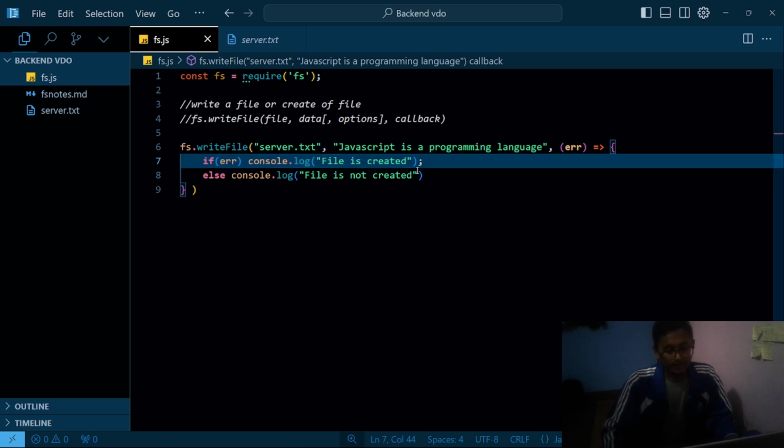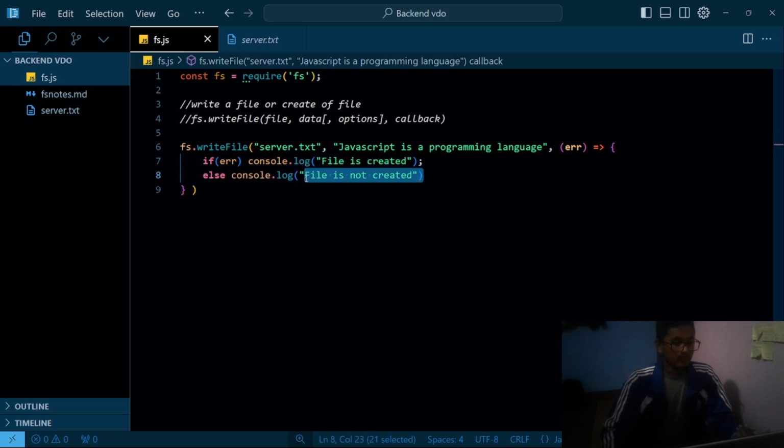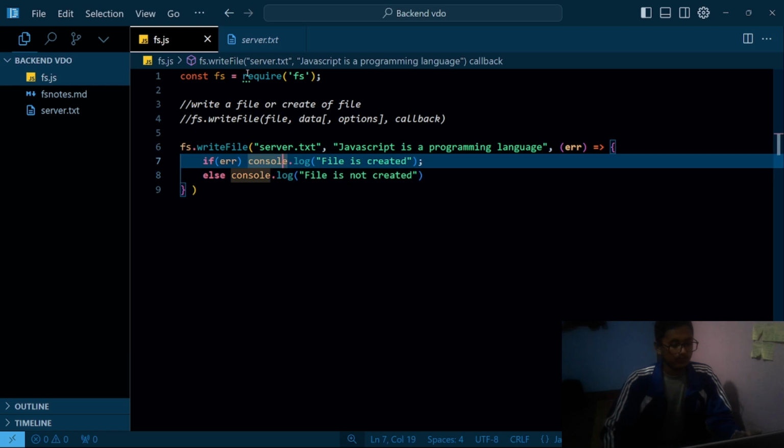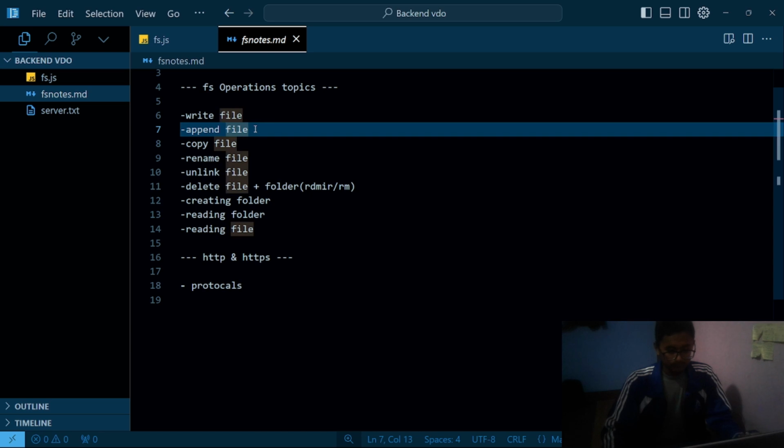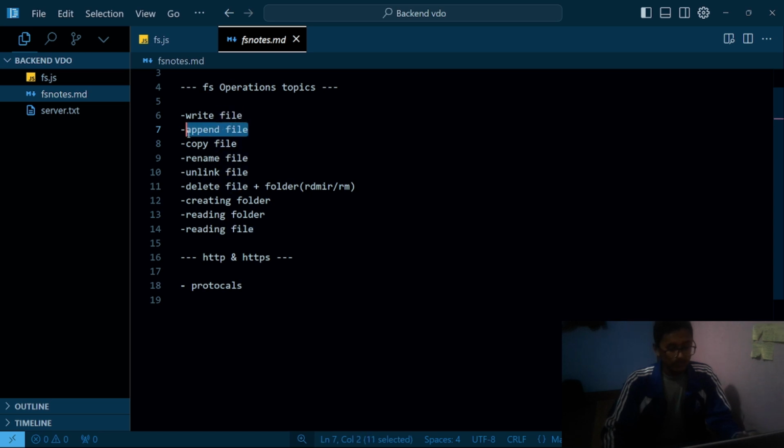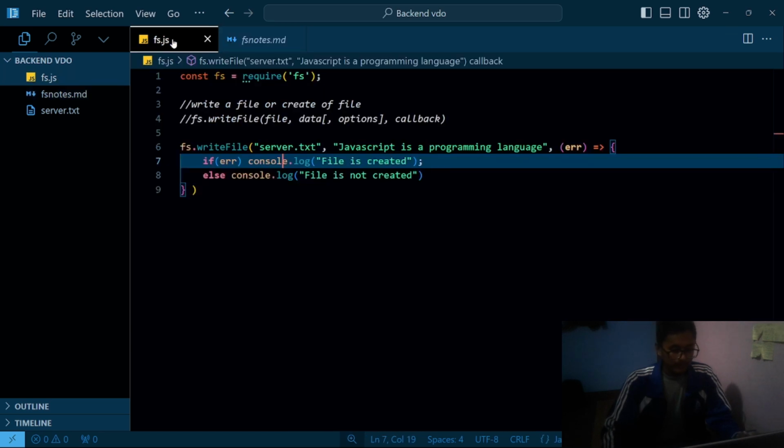So the callback takes an error. If any error comes, then we have to handle it. If the error doesn't come, then the file is created. If the error comes, then this is checked, and else the file is not created. Simple as that. Let's move to our next